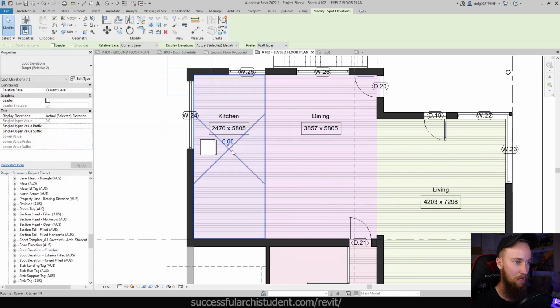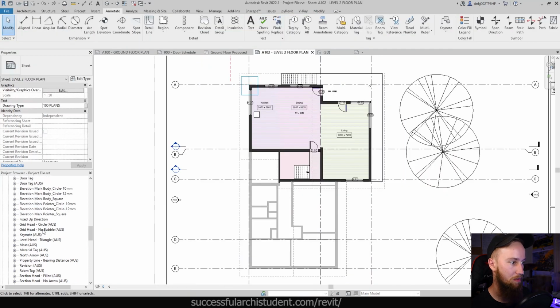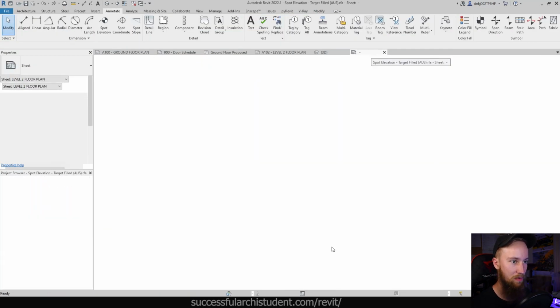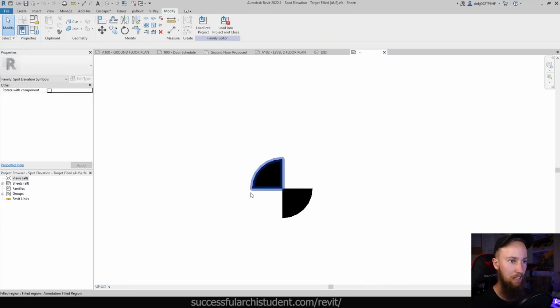We'll apply that, and now it's going to show as being 0, and I'll just make that FFL again. So this can go under the dining spot, and I'll place another one out on the balcony. All right, so there we go with that. As you can see, we haven't needed to touch that elevation system family, but at least you know that's how